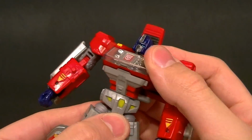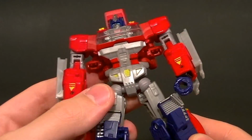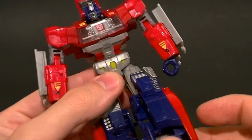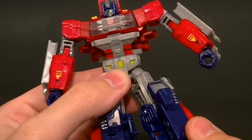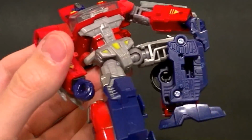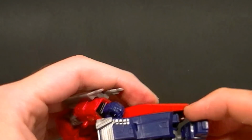He has a waist twist, which is always nice in a Transformer, not too common. And he has ball hinge hips. Technically, it's just a ball peg with a socket around it, but it gives him the full range of motion. Plus, it has a thigh swivel built in and a knee joint that gives him better than 90 degrees, just by a little bit, but it is there. And then his ankles are essentially,